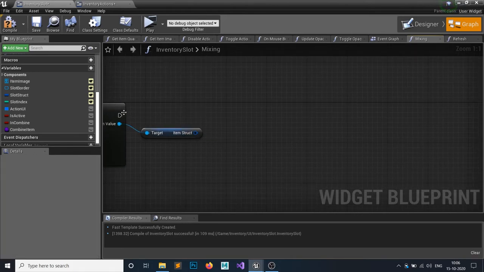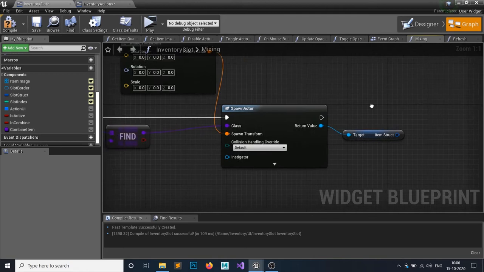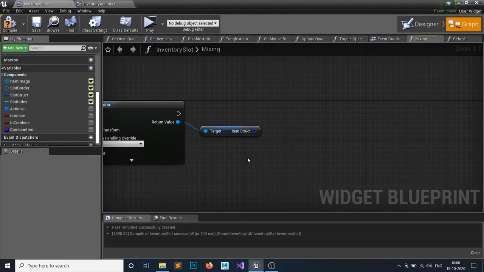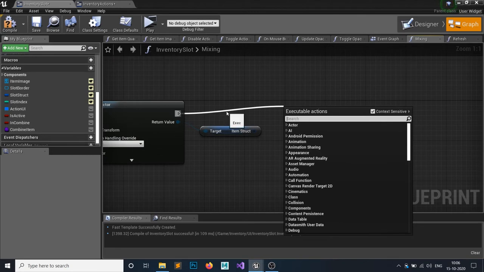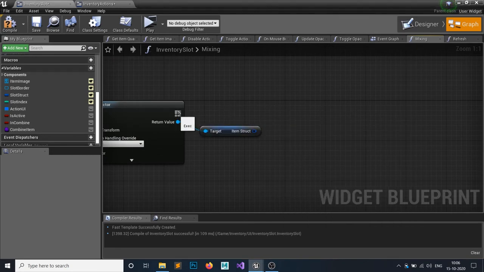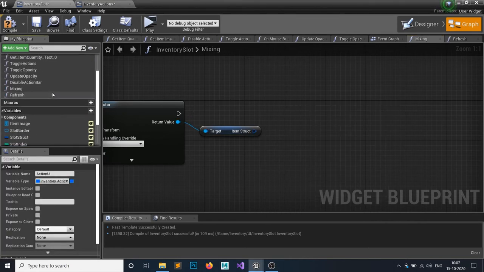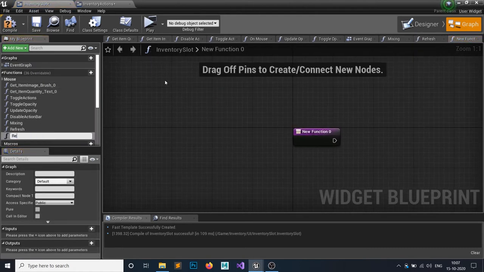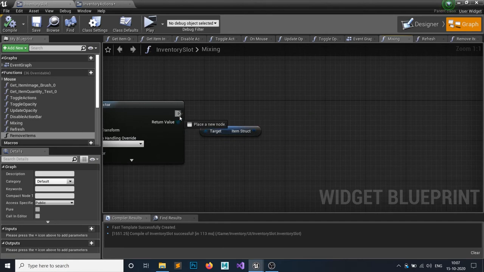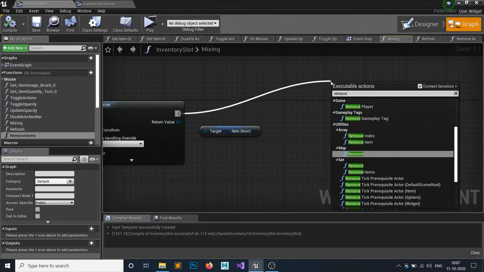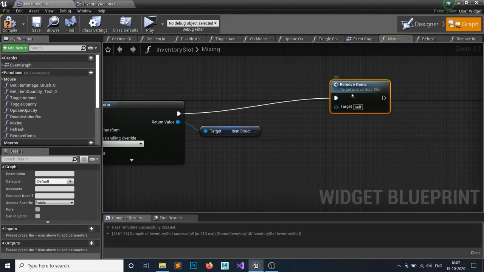So what we want to do, if you have created this item, then we want to add it to our inventory. But before adding it to the inventory, we want to do the removing part. The items used to make the final item are going to be removed, and the final item is going to be added. So how are you gonna do that? Add a function called remove items, and we want to remove the items. Yep, the function is here.